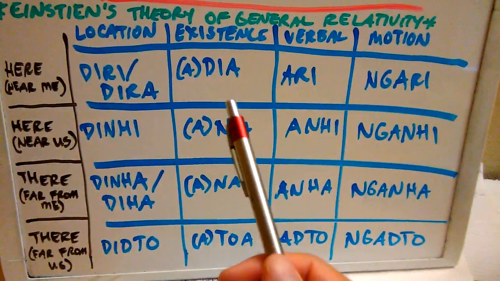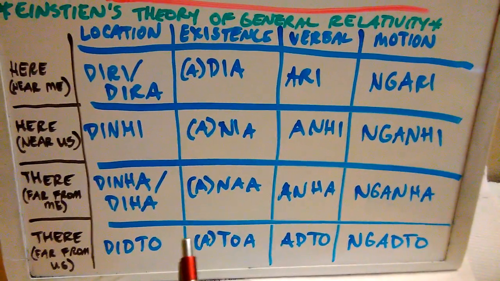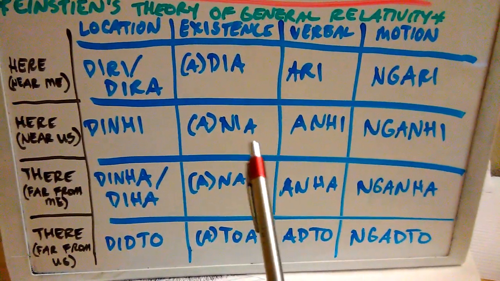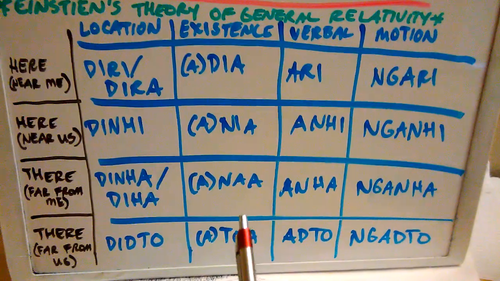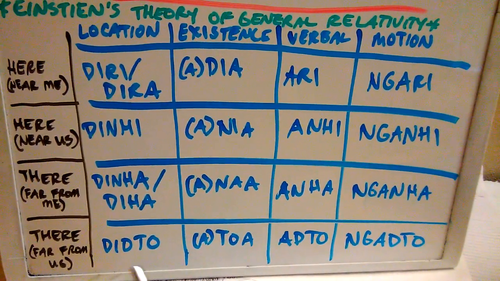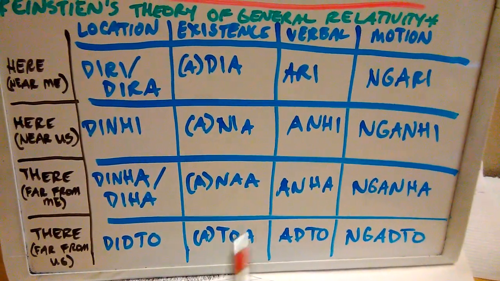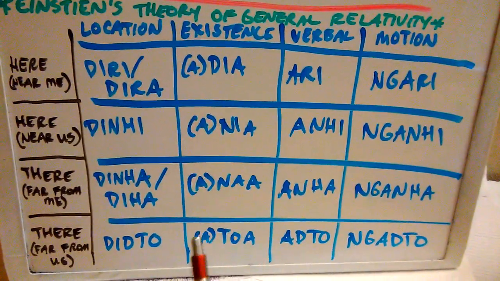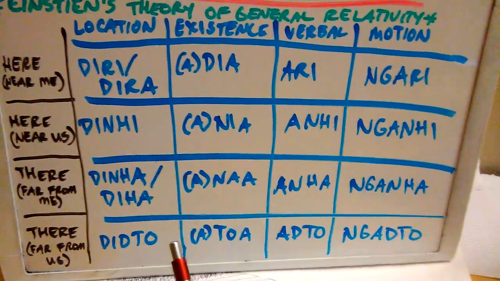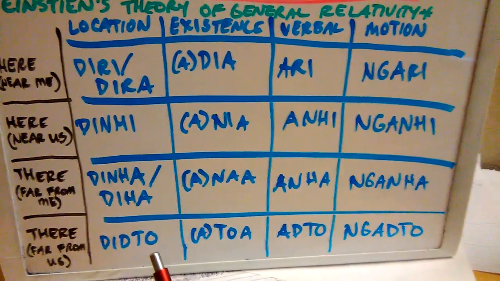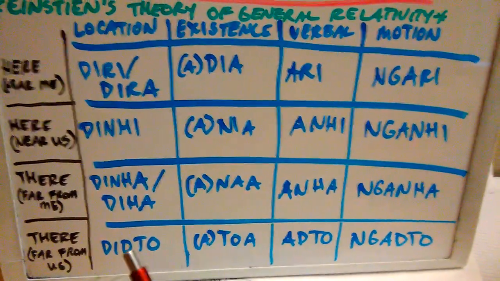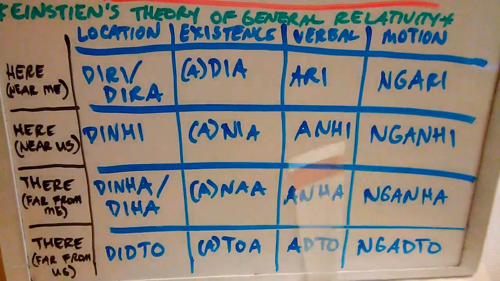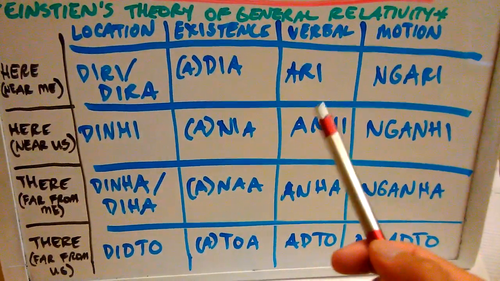Existence, we have dia or dia, right? Dia, diara, okay, dia lang, dia. Nia, right? Ania, nia is just here. We have naa, which is just there, something that simply exists. Naa ba, and so on, right? And again, I'm not going to define each and every one of these. I'm just going to go through them and you will get a closer understanding of these in future videos. Atoa, which is something that's very far from you and me. Something that's existing far from you and me.